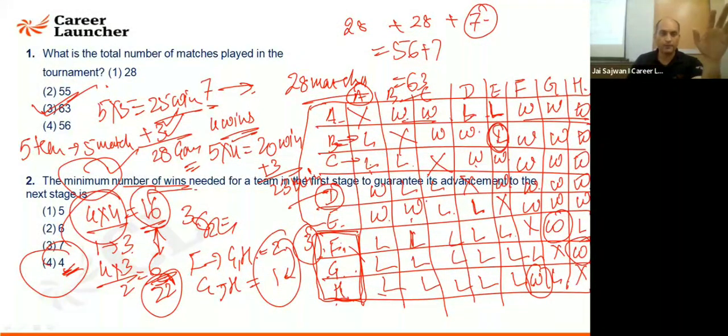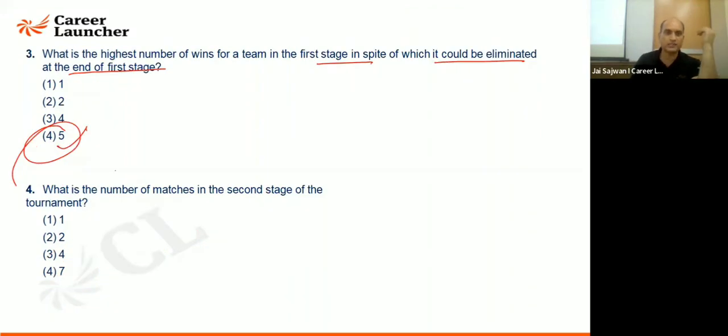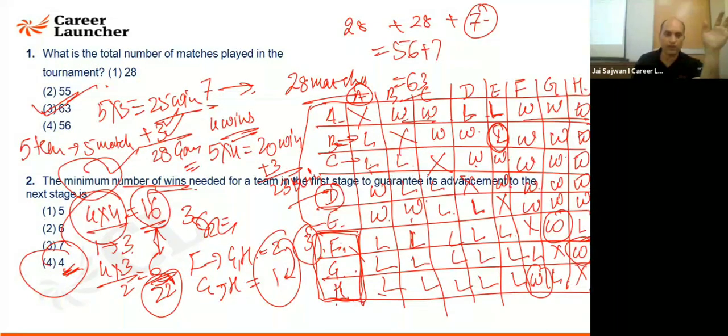With 5 wins, there are 5 teams which are there. But 4 teams will be moving to the next round. So 5 wins also does not guarantee you that you will be moving to the next stage. I believe it is clear to all of you. So I will say even with 5 wins, it is not sure. Here also I have given you the answer is that with 5 minimum wins, the first stage guarantee the advancement of this one. Now listen here, this does not give you guarantee, but you have very high chances.